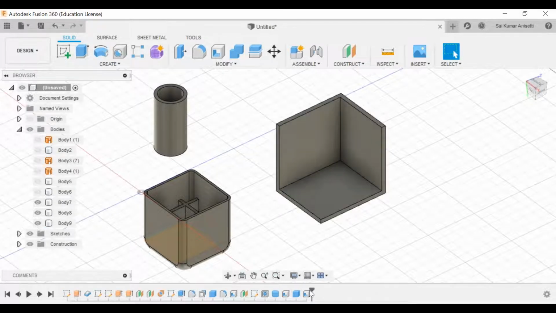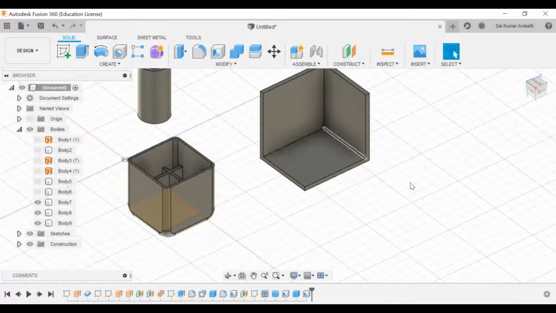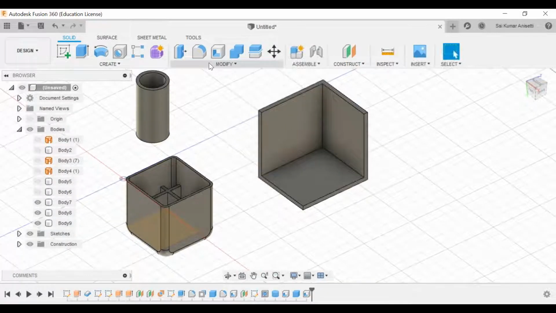See, in order to get this shape, I have used only a box and shell. I did not use any sketch. If you use sketches, you have to take 3 sketches and 3 extrude commands. That is how your design process, I mean, thinking process, should be. Got the point?